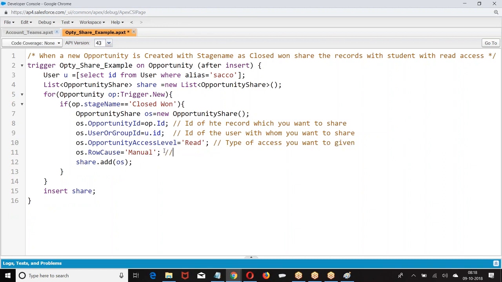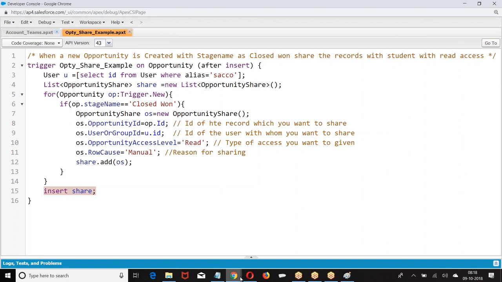And there is a row cause for sharing. So what we have done, opportunity ID, user or group ID, opportunity access level, row cause for sharing, and add them to the list of opportunity share. Then we told insert share. Every sharing rule defined on an object is stored internally within a corresponding share object.